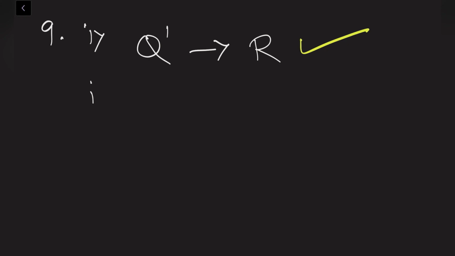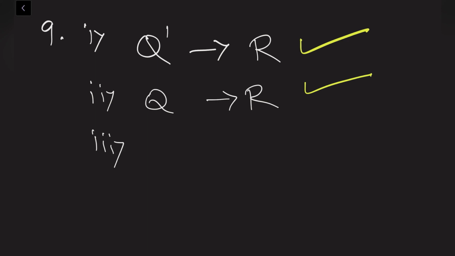In the next, second question, every rational is a real number. Obviously, because rational means smaller, real means bigger, so a smaller set will always become a bigger set. So every rational number is a real number. This statement is also true.